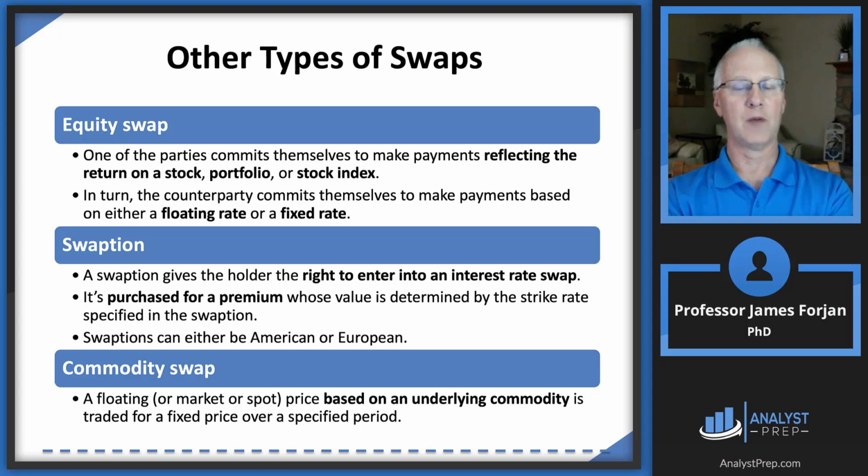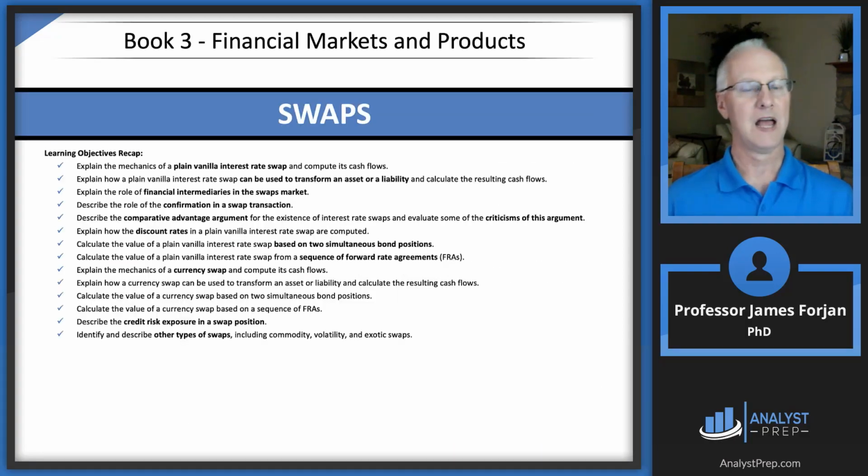And then there are commodity swaps. We could swap the return on wheat for the return on corn, or the return on oil for the return on gasoline, or anything, in these commodity swaps. And that takes us through